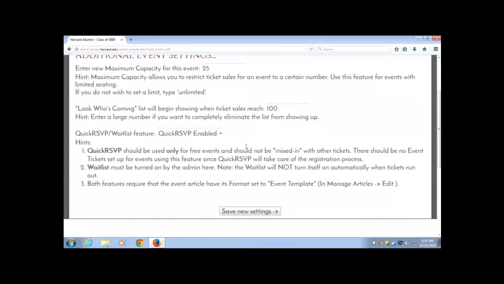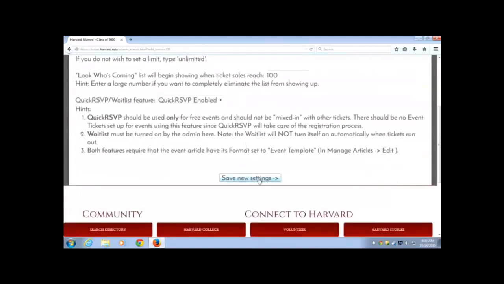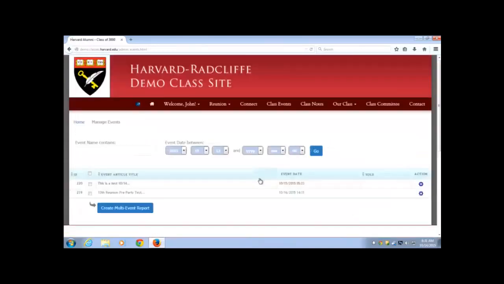Underneath this section is a gray button that says Save New Settings. I click on that. So now that is it for the Manage Events section. So just to preview what this looks like when it's live, if I go to my class event section in our top menu bar,